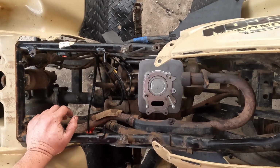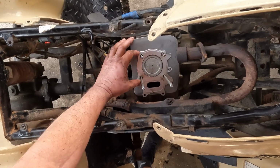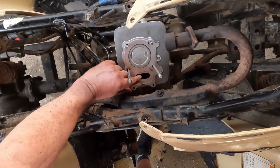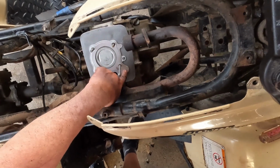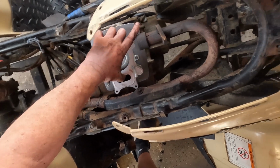Okay, so we've got the cylinder on with the head gasket down. The gasket only goes one way. You can only put it one way. You'll notice the tab sticking out right there. That needs to be facing